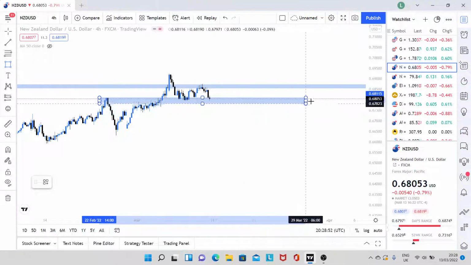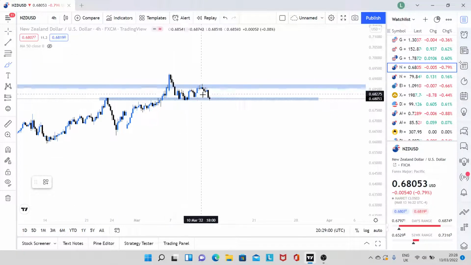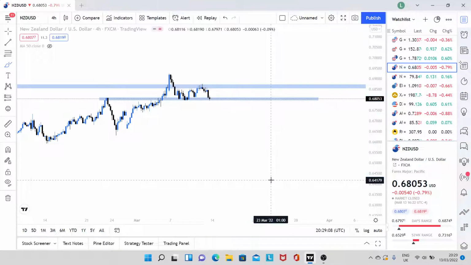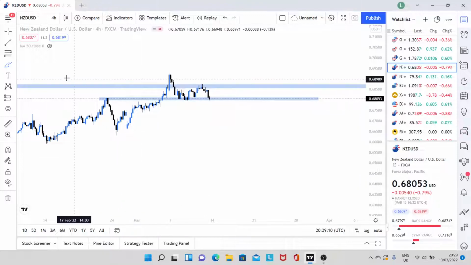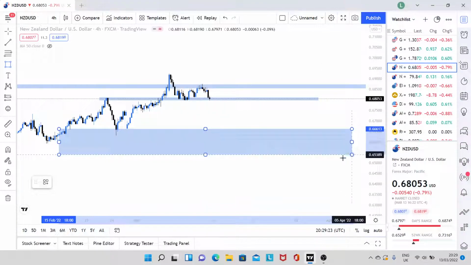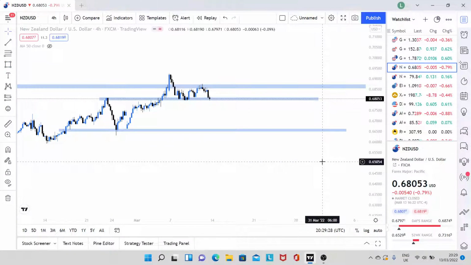I'm going to do this zone here. What I would ideally like to see now is something like this. So maybe a push back up here slightly, a break below, a retest, and then a continuation back down there. Maybe we could target these lows down here. I'm actually going to keep them marked on for now, just because they're the previous swing lows, and we'll just mark up this bit here. So yeah, they're the previous swing lows, and it's quite a nice noticeable area to target that you could probably imagine a lot of other retail traders are going to target as well.